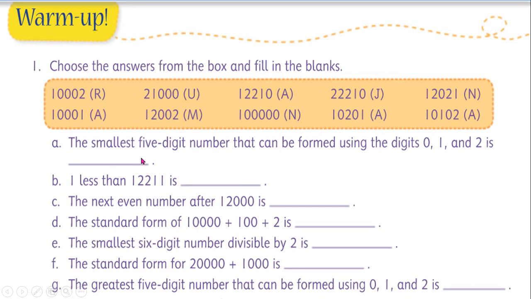Here some sentences are given with a blank space at the end of each sentence. So we have to read each of these sentences and select the correct answer given in this box and fill in these blanks. Come on, let us do it. A. The smallest 5-digit number that can be formed using the digits 0, 1 and 2 is